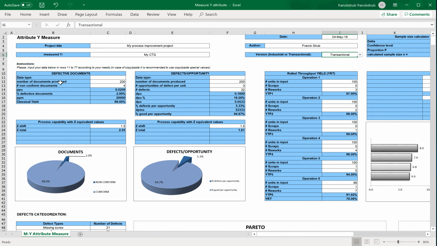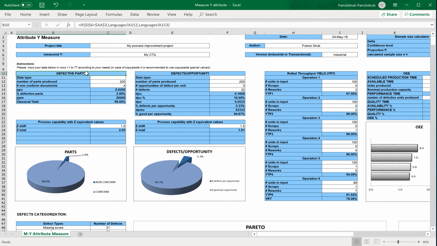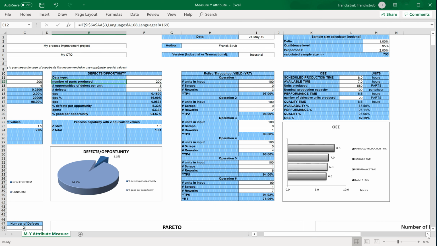With the transactional version, we will speak of documents and defects, and we have no OEE calculations, overall equipment effectiveness. And with the industrial version, we are speaking of parts, defective parts, and defects on parts. So this is the only difference, and we have the possibility to calculate as well this OEE, or overall equipment effectiveness, with this table.